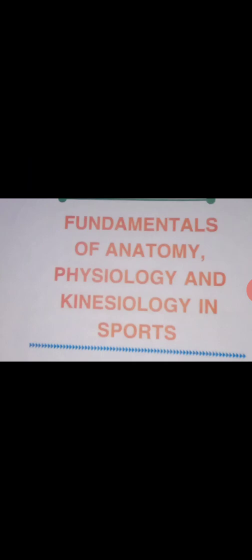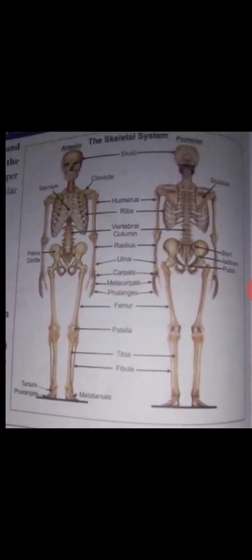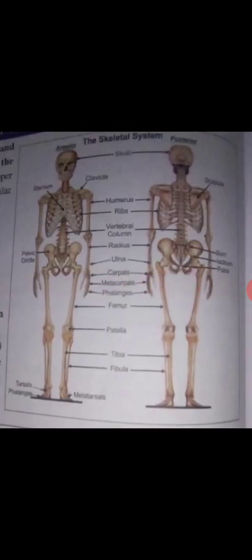Among the various systems, at first we will take the skeletal system, and talk about its general working. The skeletal system consists of bones and joints, as you know, which provide attachment to muscles, skeletal muscles, etc. Proper functioning of the skeletal system and muscle systems improves the efficiency of the body.